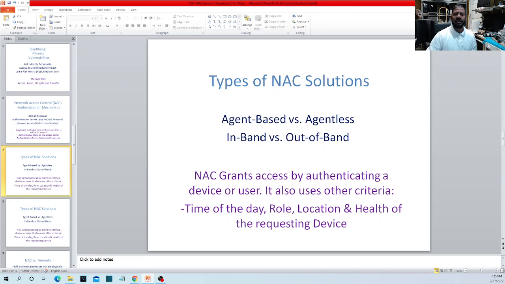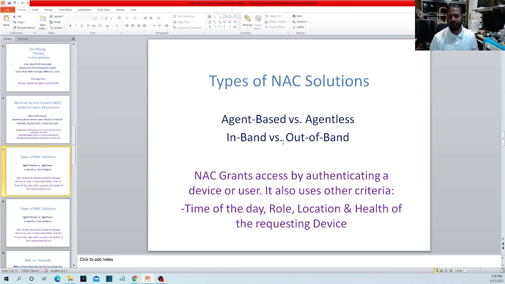Then there are two other categorizations of NAC, in band and out of band. In band is when you have a device, software, or hardware between you, meaning your device, and the actual server or resource that you're trying to reach. For example, when we go to a hotel room and try to connect, a little window shows up and says enter. Even though it shows the Wi-Fi is connected, you cannot browse the internet. They ask you to put your room number or password, whatever, and then they will allow you to browse. So that is in band.